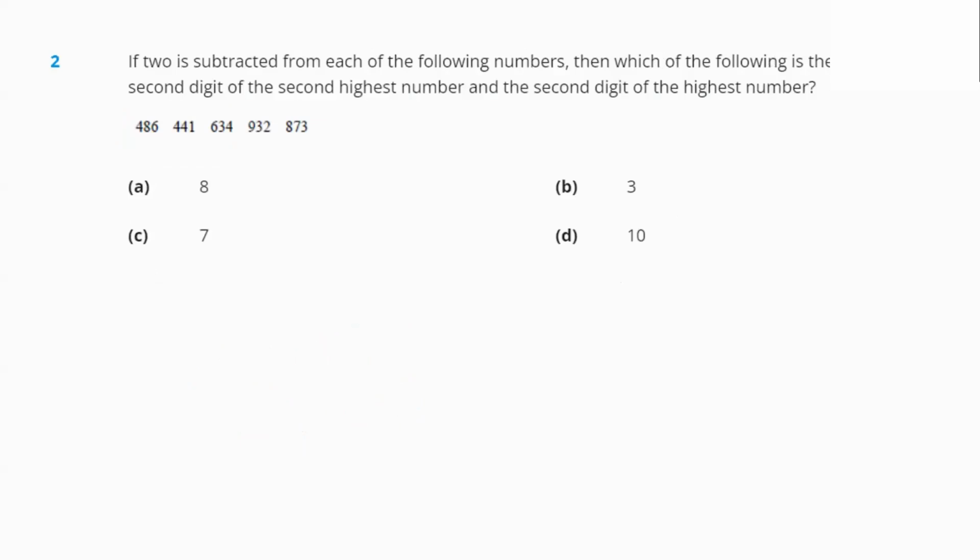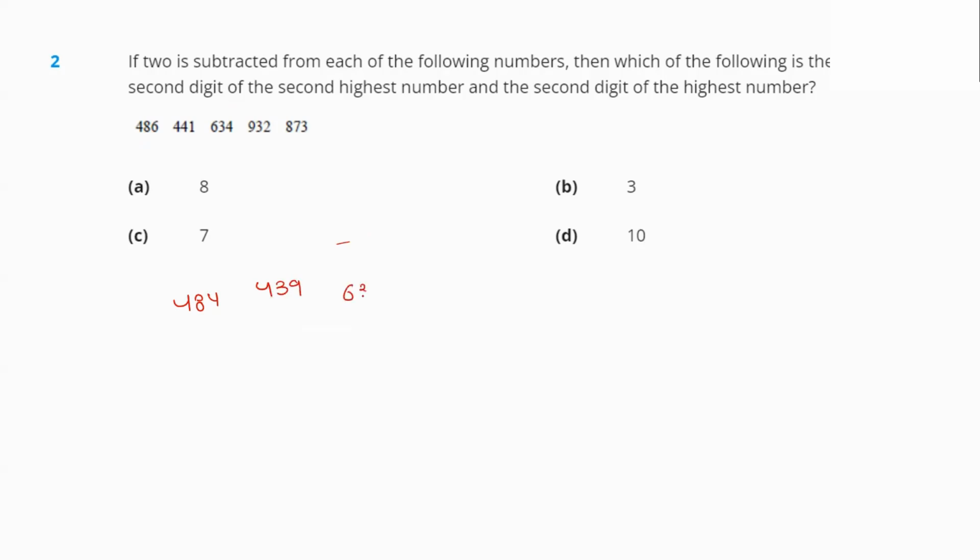Moving on to the next question. If 2 is subtracted from each of the following numbers, then which of the following is the sum of the second digit of the second highest number and the second digit of the highest number? So first we will subtract 2 from each. So the numbers will be 484, 484,